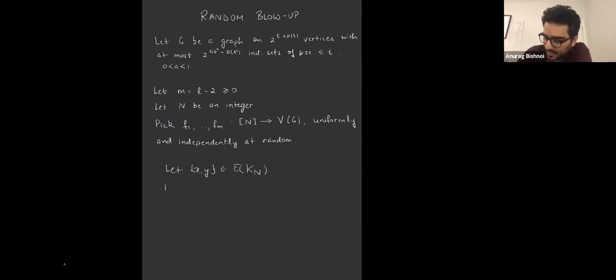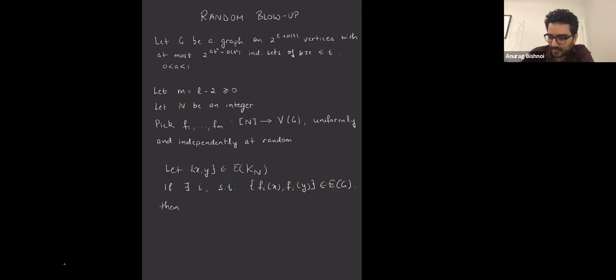Now, if there exists an i such that f_i of x and f_i of y is an edge of the graph G, if there is some i for which one of these functions maps this edge of Kn to an edge of the graph G,